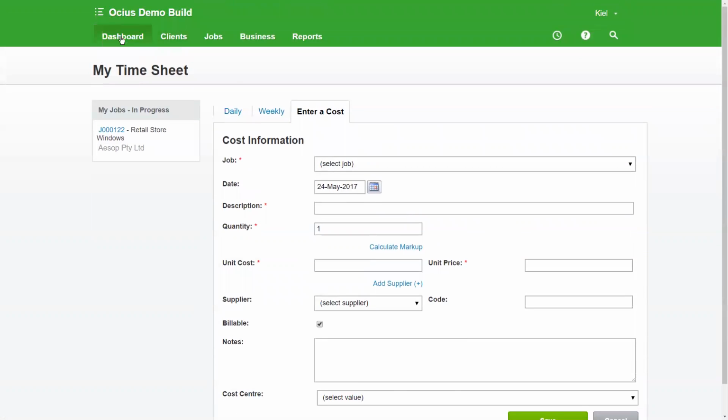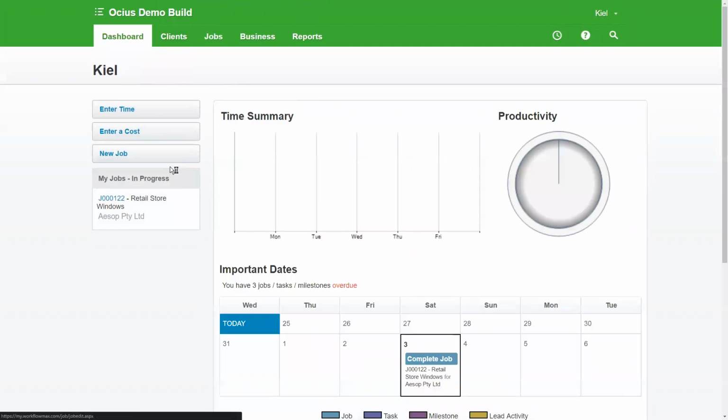Okay, so that's done. Going back to the dashboard, it also shows me all of my jobs that are in progress. So if I need a quick reference guide to look into my jobs, I can do that. Now we've got the client